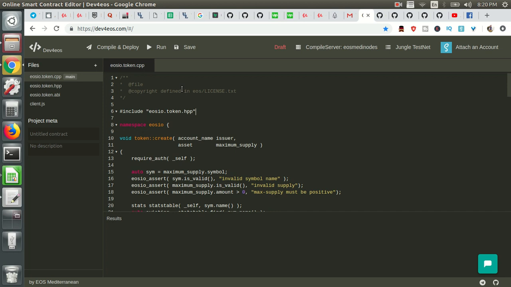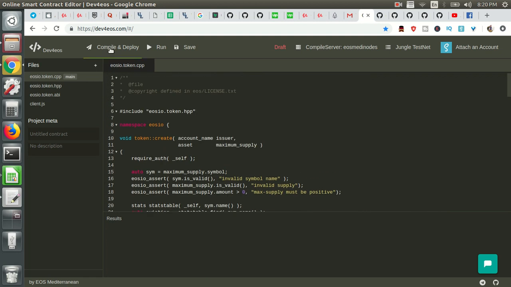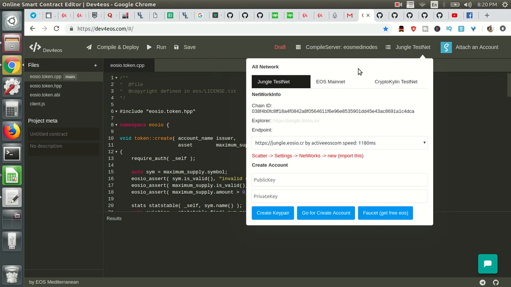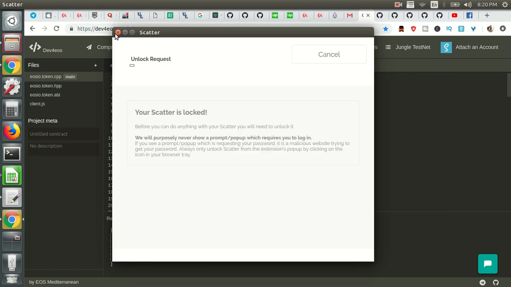Anyway, I think this one's a little bit better and has a little bit more functionality, so I wanted to show this one, and as things develop I'm going to continue adding to the course. With this one you can write source code, write your smart contracts, compile and deploy them, but not only that, you can change the server you're using to compile or upload the code to. You can change which net you're going to deploy the code to, and all of this is attached to your scatter account. So you're going to use your scatter account to sign the transactions